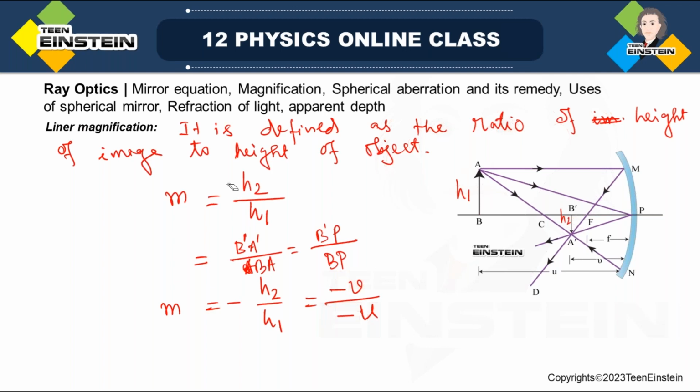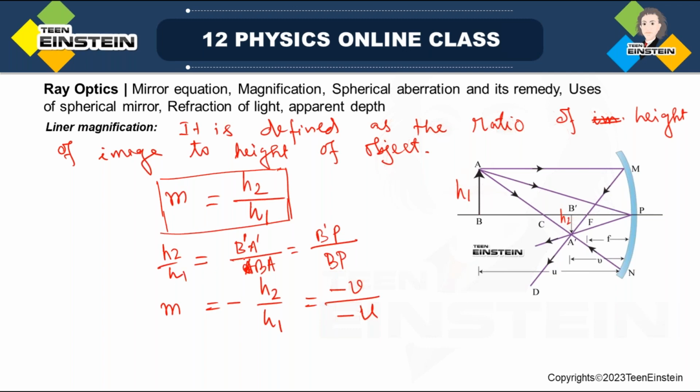Actually, the real definition is this only. The real definition is this alone: the ratio of image height to object height. Because height is a distance, so that cannot be a negative quantity. But see, if we just go with here, say, if I just find out H2 by H1,